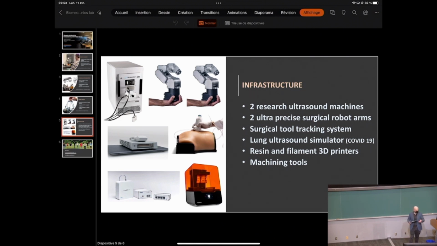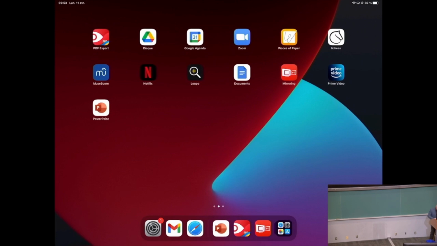Here's a resin 3D printer as well. These devices at the bottom here are tool tracking systems for surgical tools. If you are interested, just send me an email and we can talk more about it